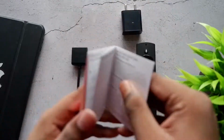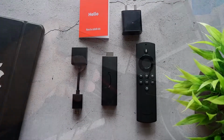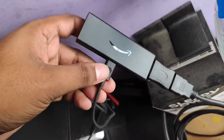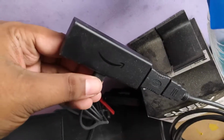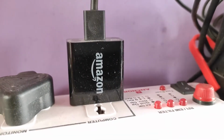You just have to connect the Amazon Fire TV Stick Lite to your TV's HDMI port or your monitor's HDMI port if you're using a monitor like me. So yeah, just plug it in directly, connect the micro USB cable. Yes, it has a micro USB port. I don't know why. Connect the micro USB cable and connect it to the plug which they gave you with,